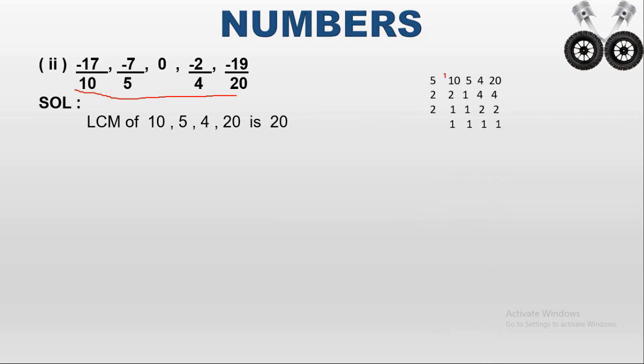So first we have to find the common factor for 10, 5, 4 and 20. So for that first I took the factor as 5. So 2 5s are 10, 1 5s are 5. So there is no factor for 4. So you have to write the 4 as it is. Then 4 5s are 20. So now the common factor for 2 and 4 is 2. So 1 2s are 2, 1 1s are 1 and then 2 2s are 4. So again you have to find the factor for 2. The factor for 2 is 2 itself. So 1 2s are 2. Now we can find the LCM. So 5 into 2, 10, 10 into 2, 20. So the LCM for 10, 5, 4 and 20 is 20.